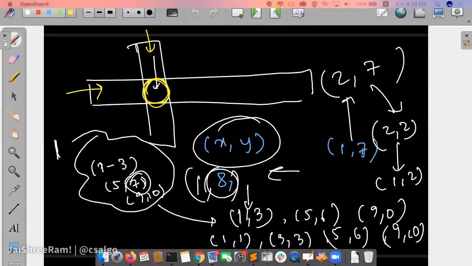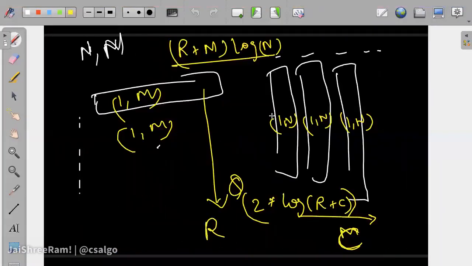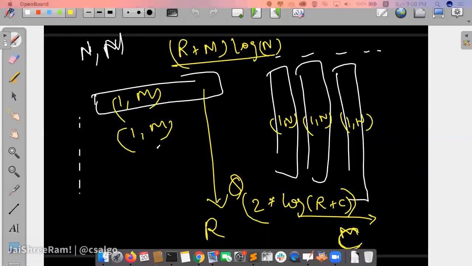So we are handling each of the rows and each of the columns separately. Note that we are not keeping them coupled. For each row you have a multiset, for each column you have a multiset. There is a lot of maintenance going on in this part, but you can do this because the number of elements will be finite: there are only r plus m elements being maintained, and every query will split only 1 into 2. So only q splits will happen in total, and the total number of moves remains bounded. Make sense?